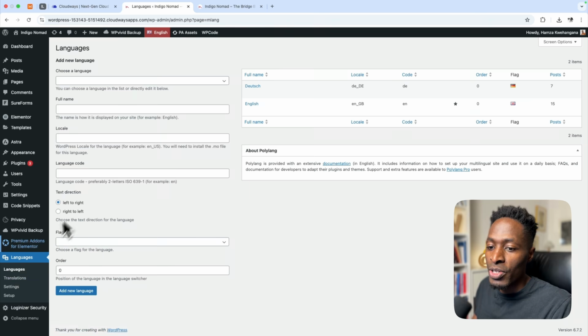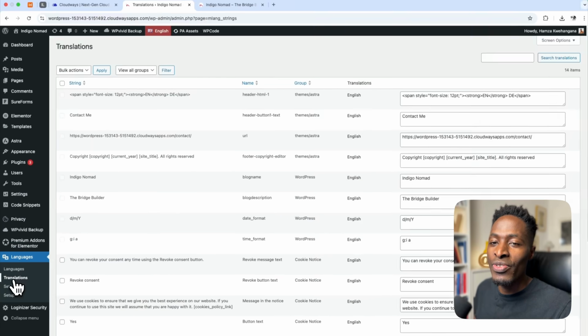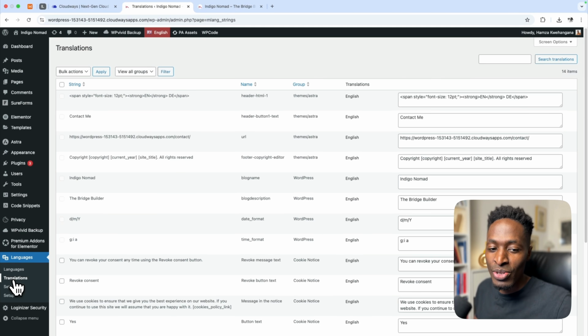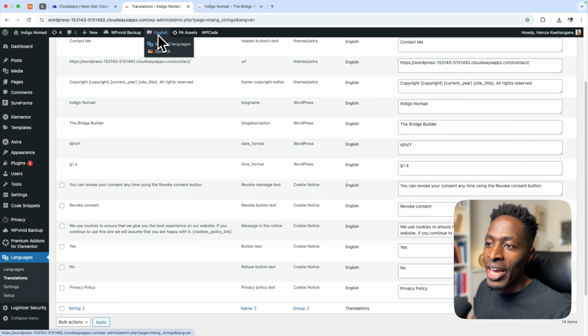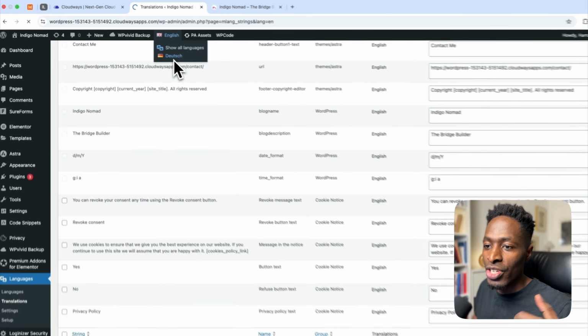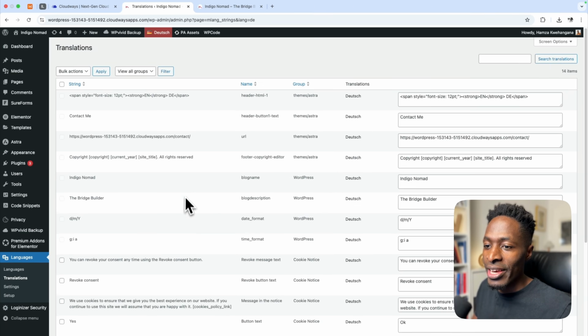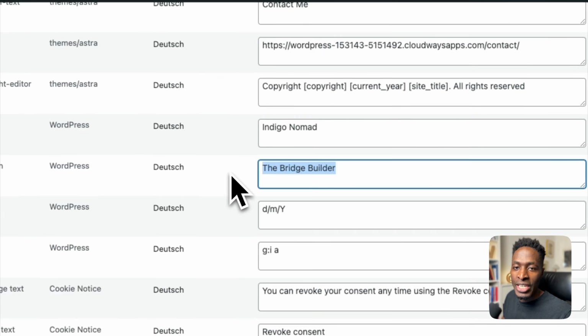The other feature that I want to show you is here under translations. There are some strings that you cannot translate in Elementor, but you can also not translate in the theme level. And I like the fact that Polylang provides the option to translate them right over here. All these strings here are for the language English. And now if I come here at the top and I switch to Deutsch and I change those strings to German, that means that